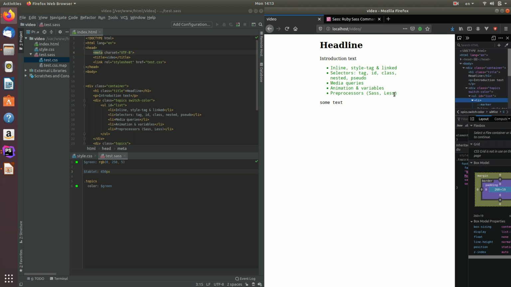So Less works basically the same. I mean, the syntax is different. It has a little bit of different capabilities, but at the end of the day, it's actually the same. And if you look into the frameworks that we're basically going to conclude this video with now, you will see that under the hood, they're using that to generate all that CSS, right? So let's look at actually the